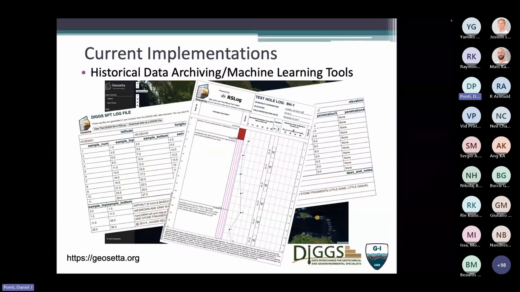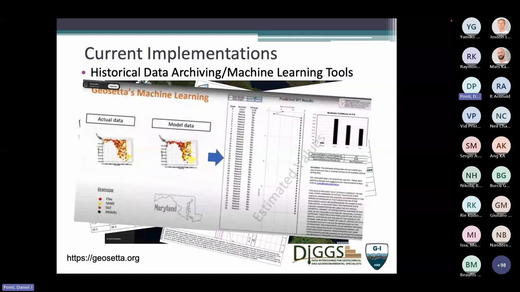But beyond that, they're also beginning to use this information with machine learning tools to do predictive analysis and make estimates for soil characterization, SBT estimates based on these data that are being collected.